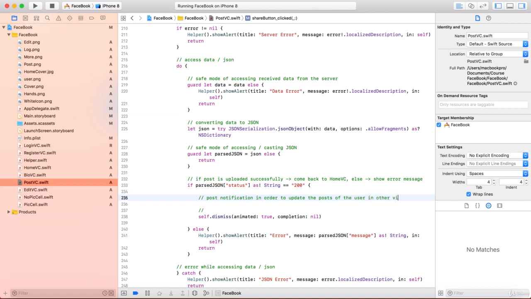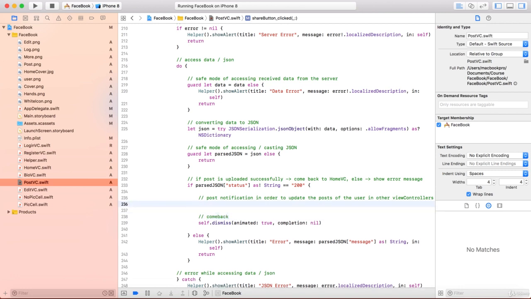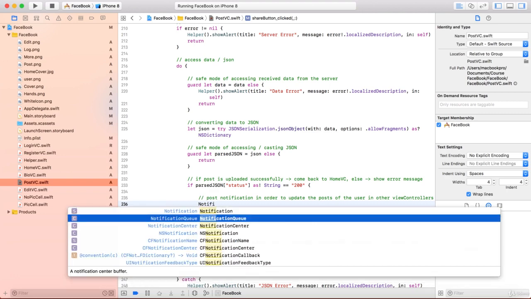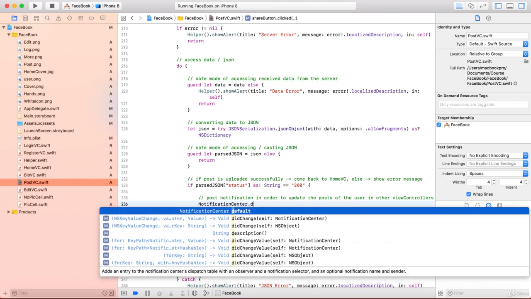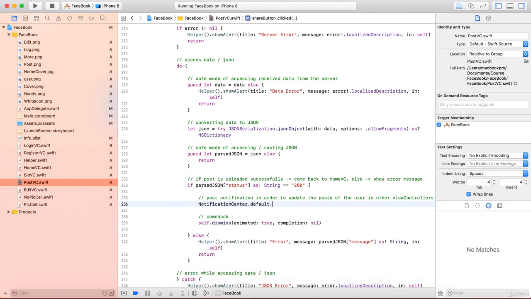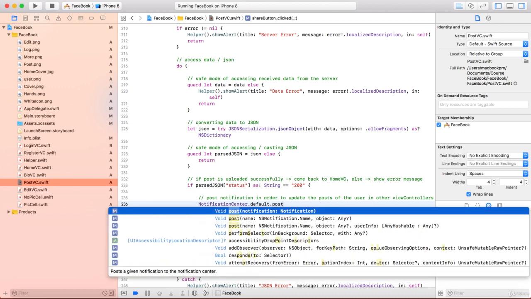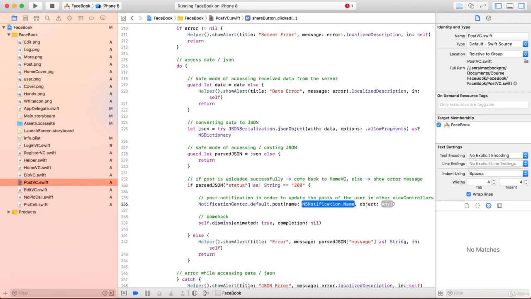In other view controllers, here come back means dismiss view controller. Okay, as you remember guys, we have done this job, so we simply need to write NotificationCenter.default.post(name:object:), for example. Notification, we write here